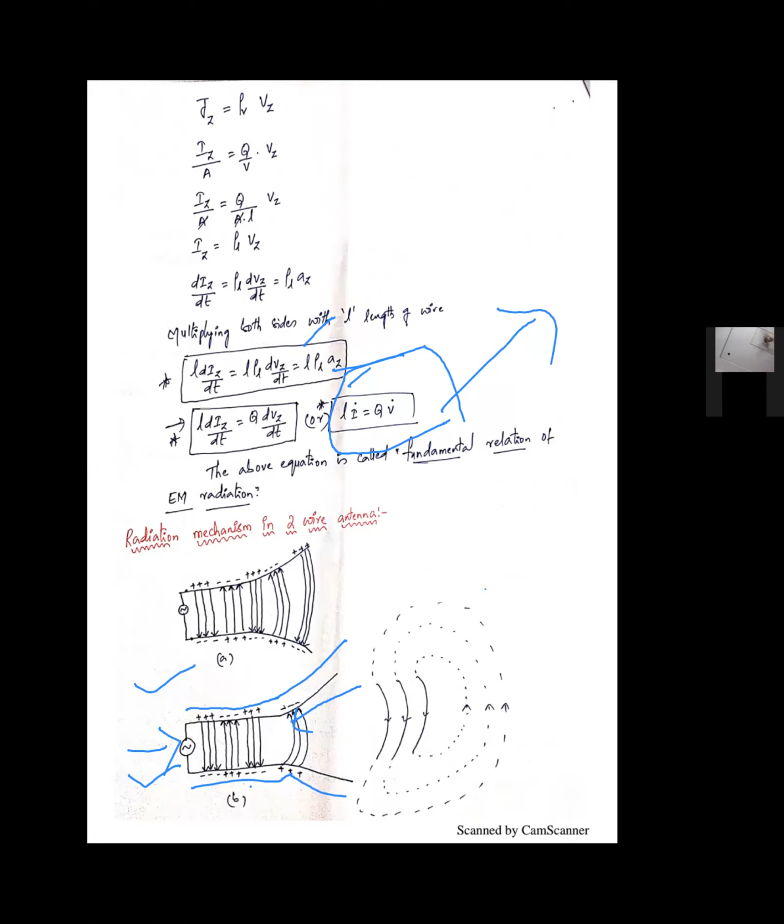What will the voltage source do? It will produce charges. You can see positive and negative charges here, right? But the flow of charges is called what? Current. I hope you are understanding this. Voltage will produce charges, and these charges will constitute a current. The field generated due to this current is called the electric field.